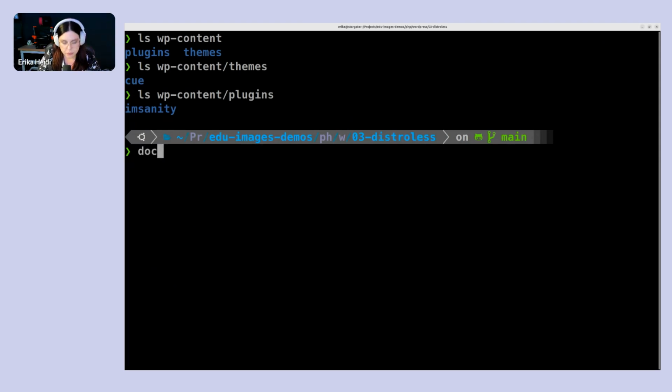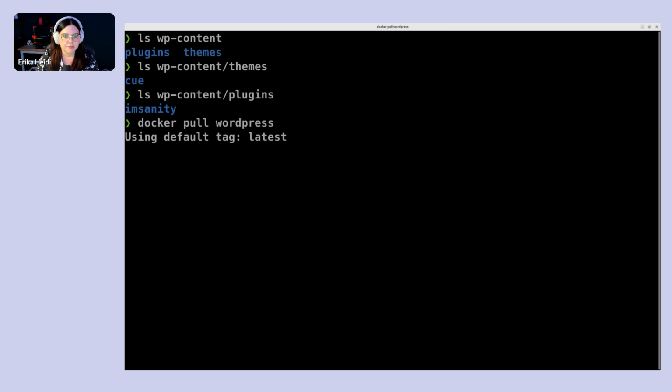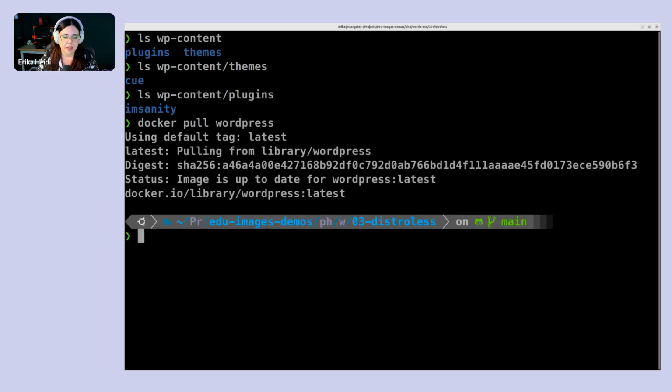So I encourage you to run Grype scans on your local machine and verify for yourself all these that we talked about here. So first, you do a Docker pull to make sure you have the latest version available. So Docker pull WordPress. I already had it because I already tried before. And then you can use